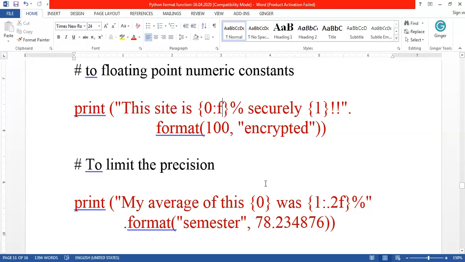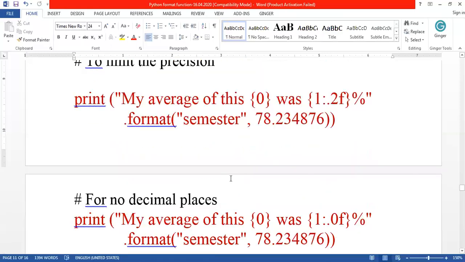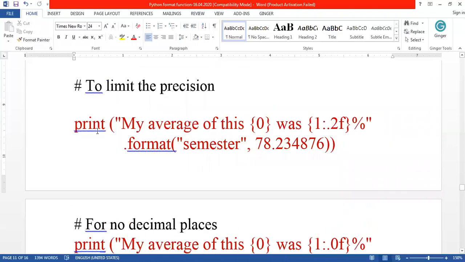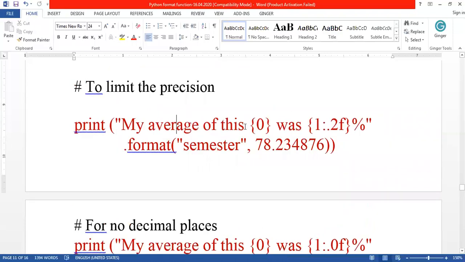Okay, and there are a few more examples. So look at this example. Print my average of this 0. 0 means the first one, semester, and then here this is the index number and then this is a conversion. So here what is the conversion? Dot 2f. So a floating point value is given. So in this after the dot how many decimal places have to come?